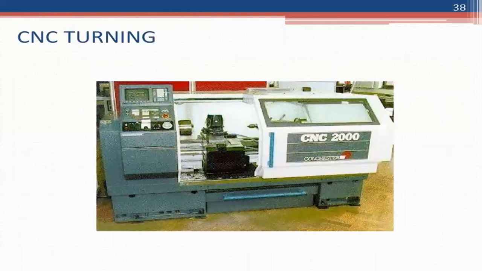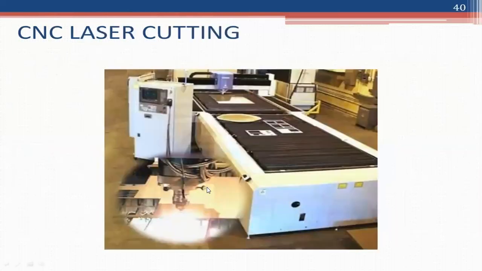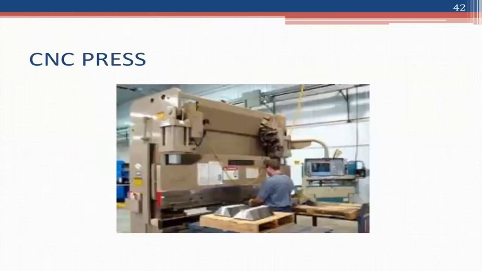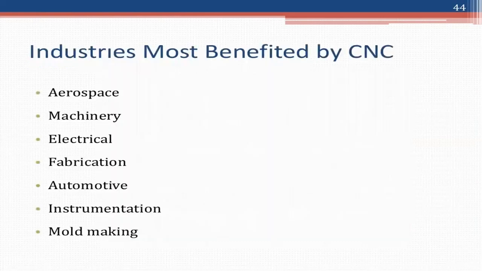These are sample CNC machines. First, for the turning process, this type of machine is used. For the milling process, this type of CNC machine has a milling cutter on its tool holder and a table, and is used for milling. There are also laser cutting, plasma cutting, and press types such as injection molding or a hydraulic CNC press, all done by programming, as well as rapid prototyping.